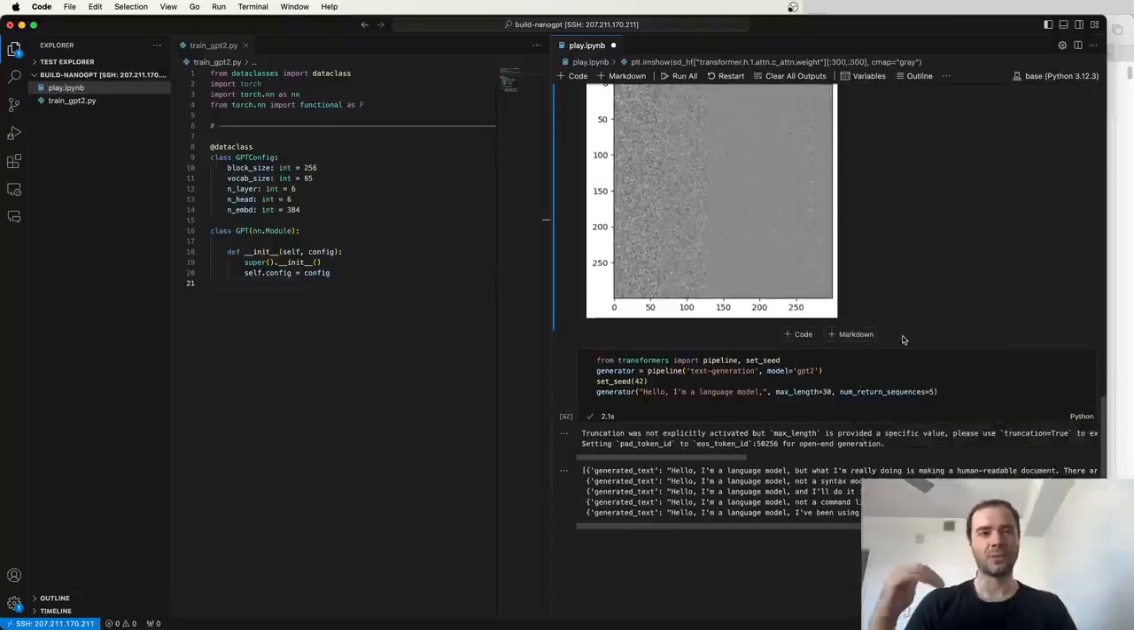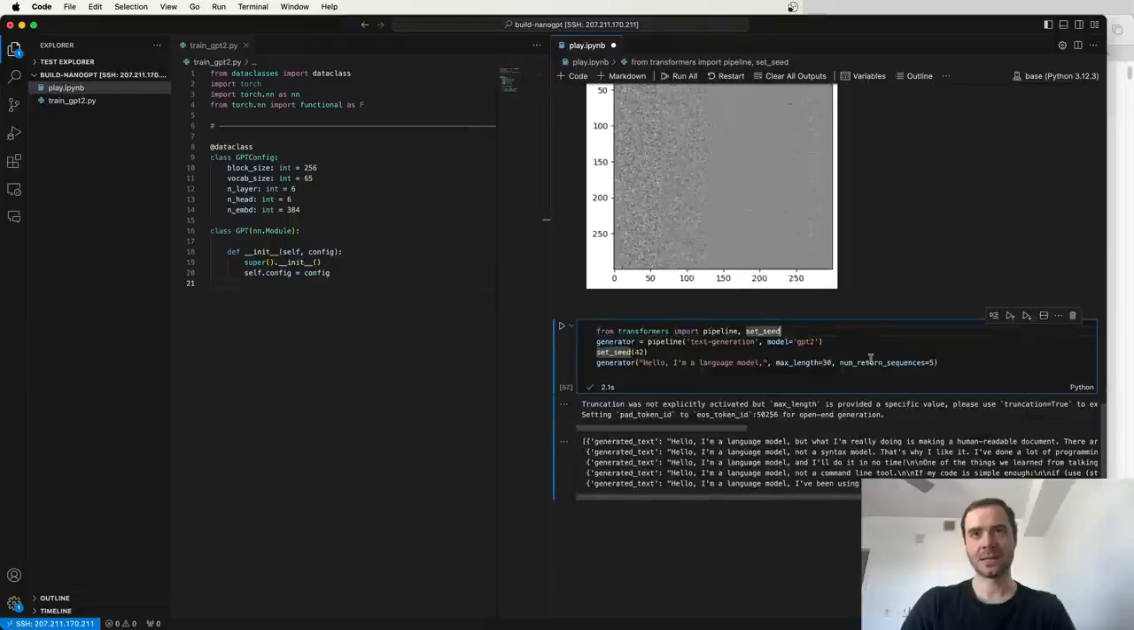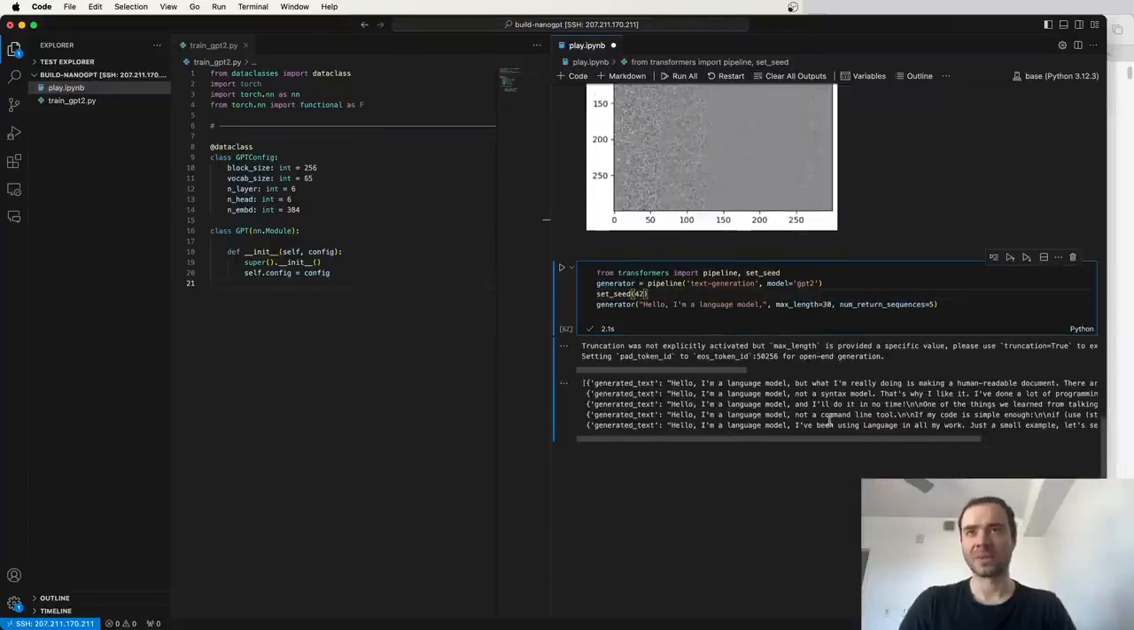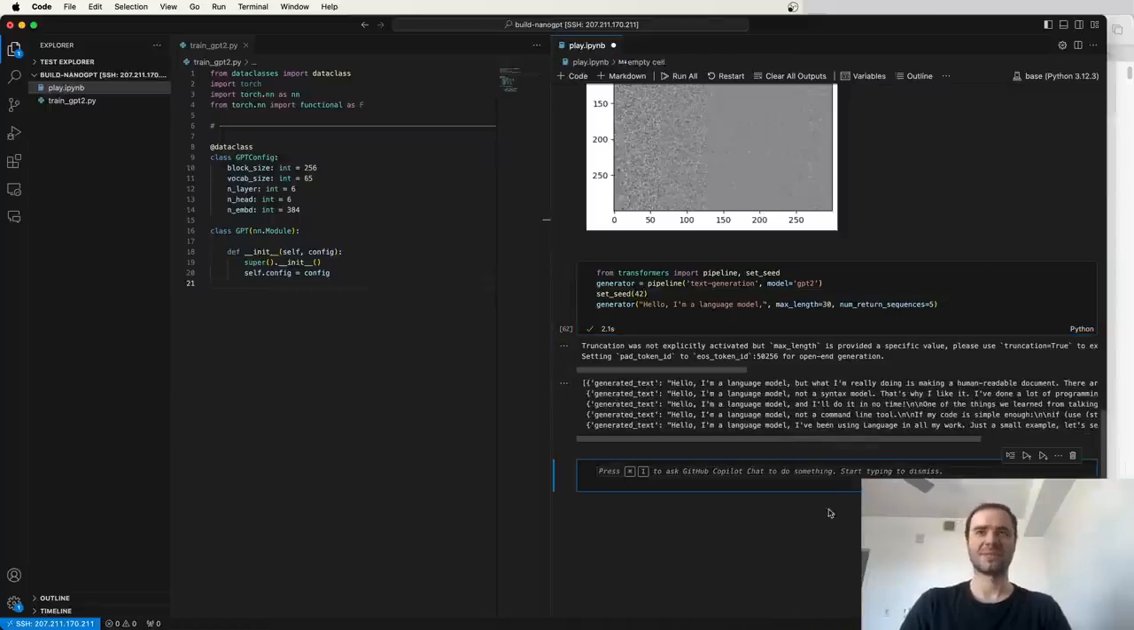What we're mostly interested in is that we've loaded the weights of this model that was released by OpenAI. And now using the Hugging Face transformers, we can not just get all the raw weights, but we can also get what they call the pipeline and sample from it. So this is the prefix, "Hello, I'm a language model," and then we're sampling 30 tokens and getting 5 sequences. I ran this, and this is what it produced. "Hello, I'm a language model, but what I'm really doing is making a human readable document. There are other languages, but those are..." You can read through these if you like, but basically these are 5 different completions of the same prefix